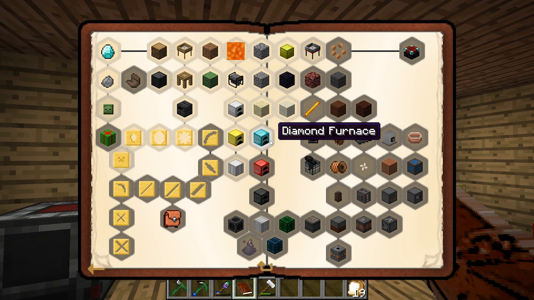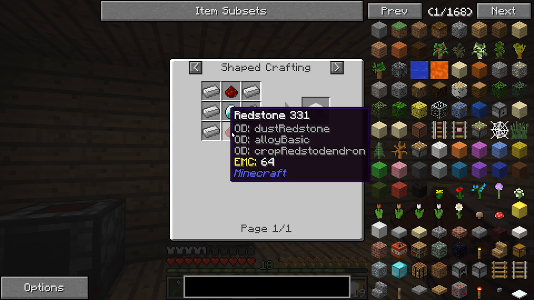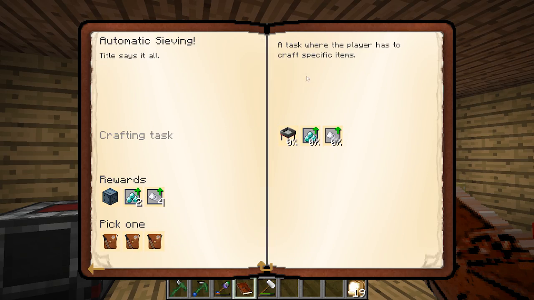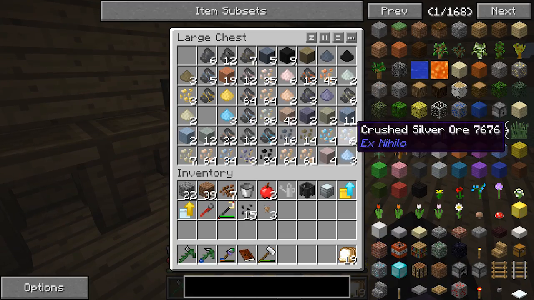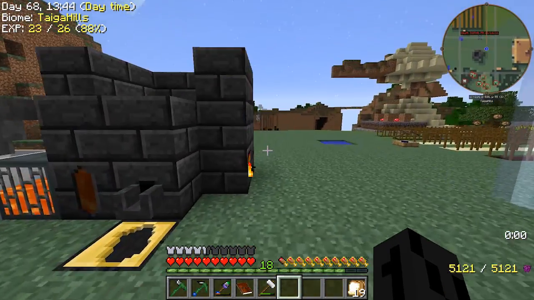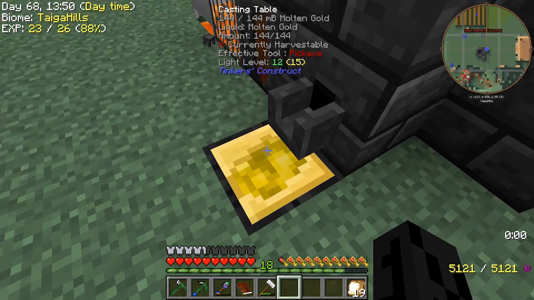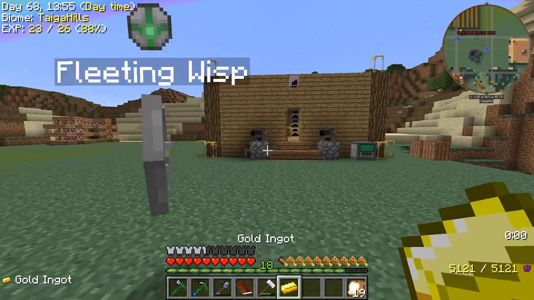Okay. So we've unlocked Diamond Furnace, which will require 8 diamonds, no doubt. But we also have the upgrade quest for that one. But we probably should do automatic sieving, which means that I'm going to need more gold. I should have realised that, because I need an electrum gear. I have 1 ingot of gold left, so I could make, with the amount of silver that I have, I could...